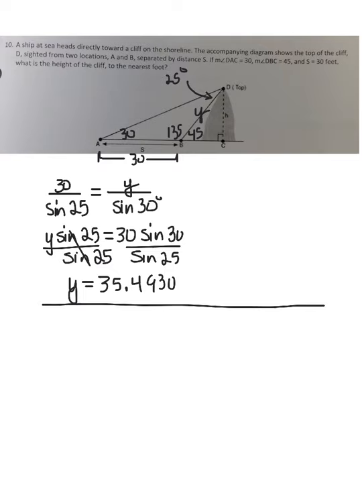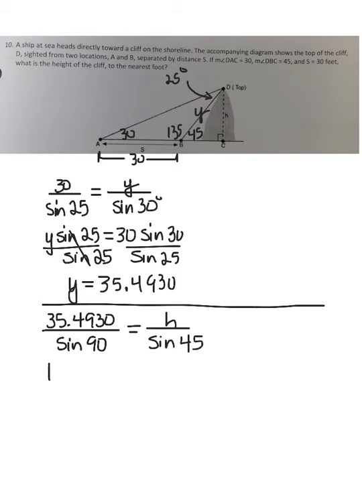So I have side y, right? It's 35.4930, blah, blah, blah. And the angle opposite that is 90, so sine of 90. Okay, and I'm looking for h, which is that vertical side there, and the angle opposite that is 45, so sine of 45. So I've got h times the sine of 90. Now remember, sine of 90, you should know that's just a 1, so I don't really need to write it. You can, but you don't really need to. So really all I'm doing then is I'm going to take the sine of 45,